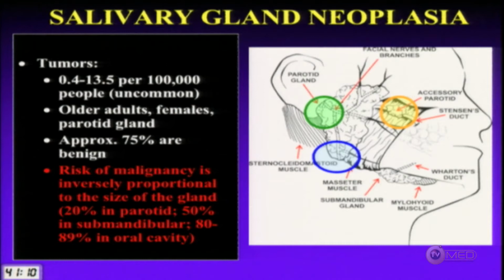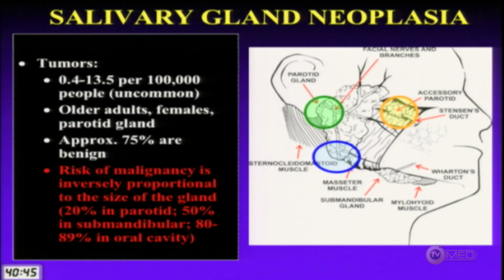And you might think that's trivial, but it's not, because that has very important implications for the management of the patient. We will often see these tumors in the parotid gland here in the periauricular or preauricular area. You may see them down here at the angle of the jaw, and the clinician will send you a patient. They think it's a neck lymph node, and you do the FNA, and you find out that it's a parotid gland tumor because it's here at the angle of the jaw.